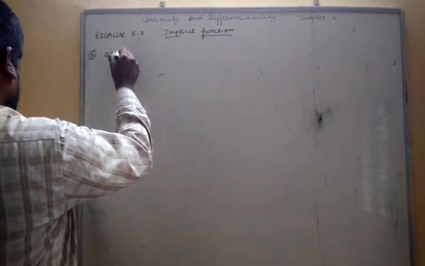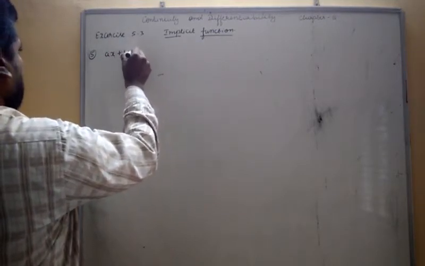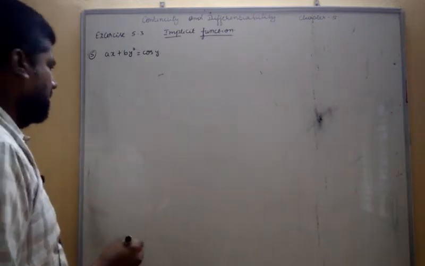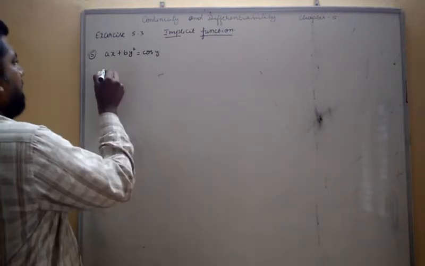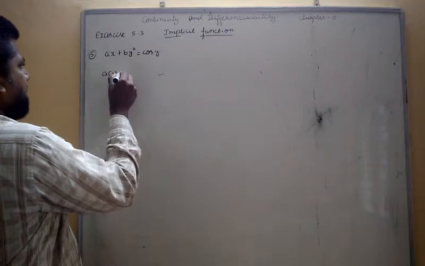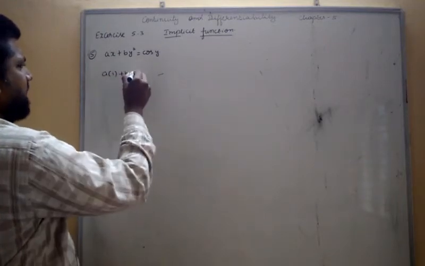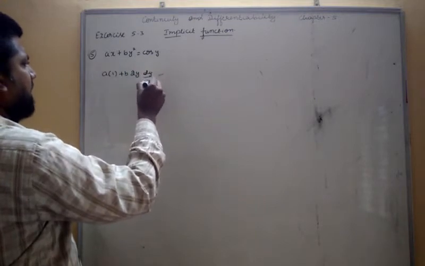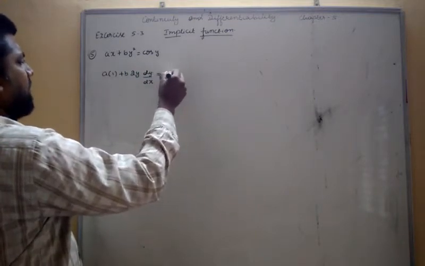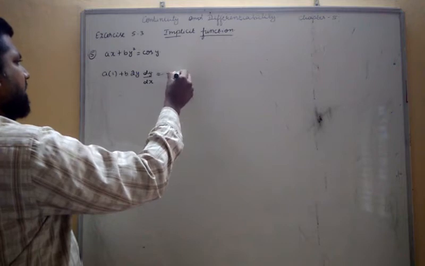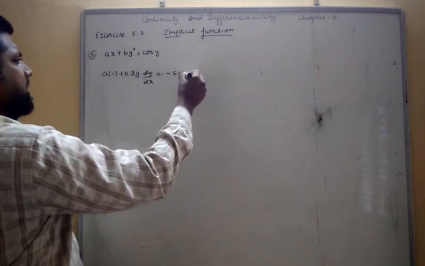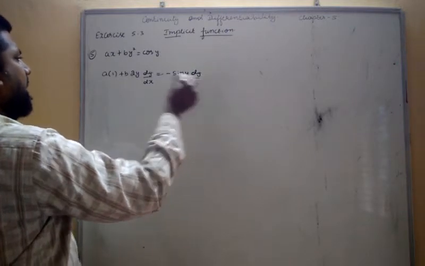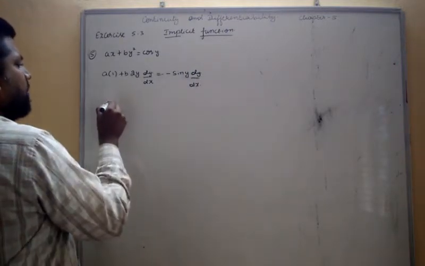ax plus by square is equal to cos y. So a is a constant, x differentiation is 1, b is a constant, y square differentiation is 2y. Again differentiation of y is dy by dx, and cos y differentiation is minus sin y. In the place of x, y is there, so again you have to put dy by dx here. Then 2by